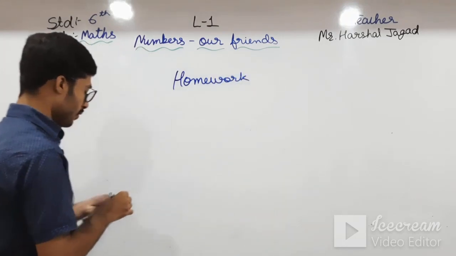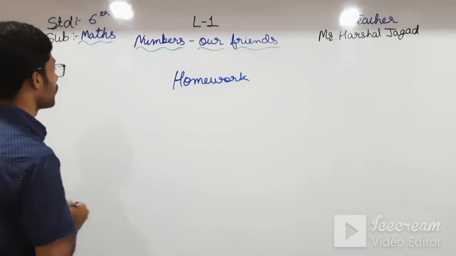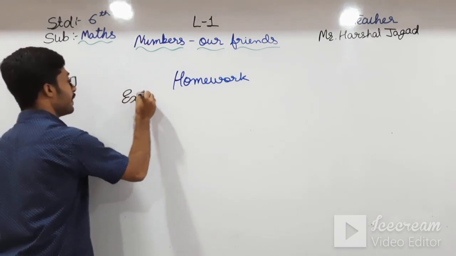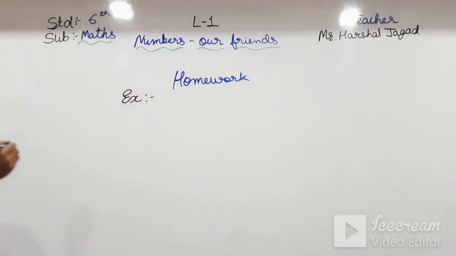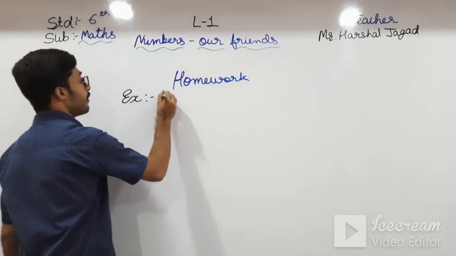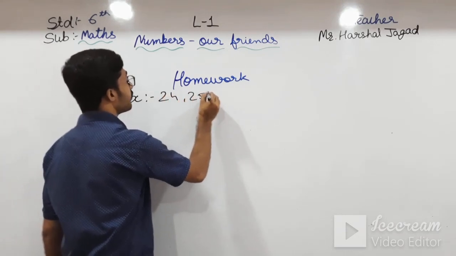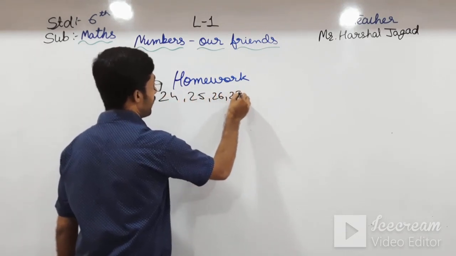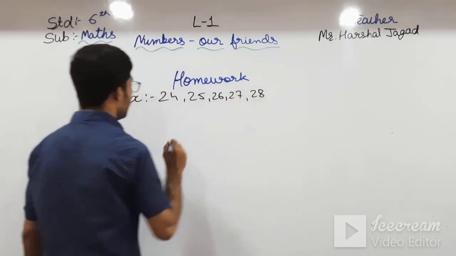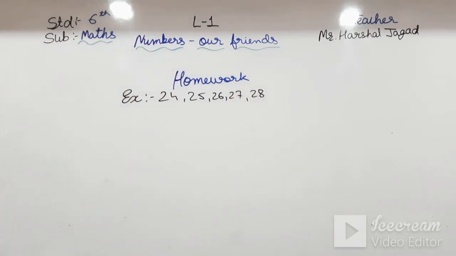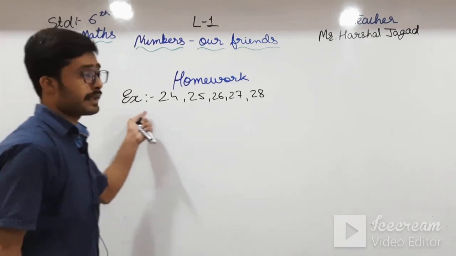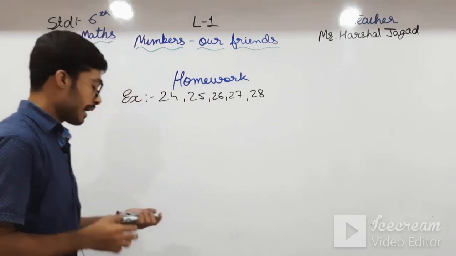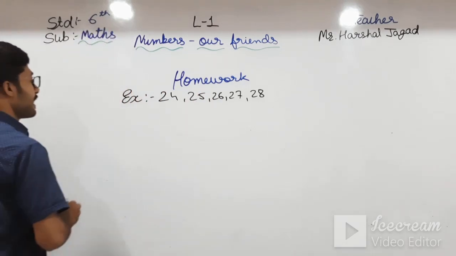In the example book you have to write down the examples which we have done today, that is 24, 25, 26, 27, 28. Okay students, this you have to write in your example book,